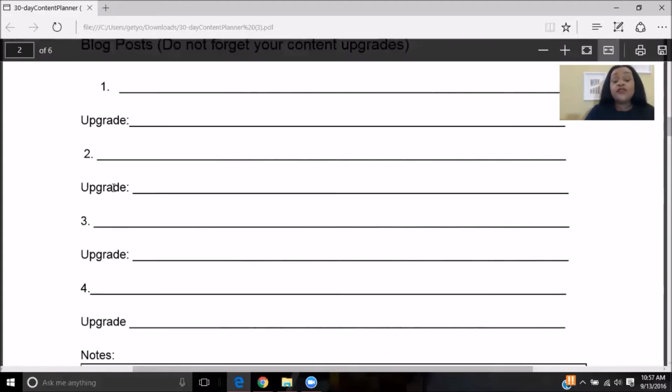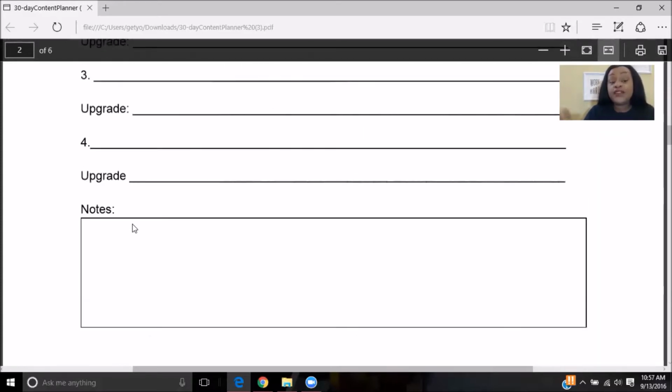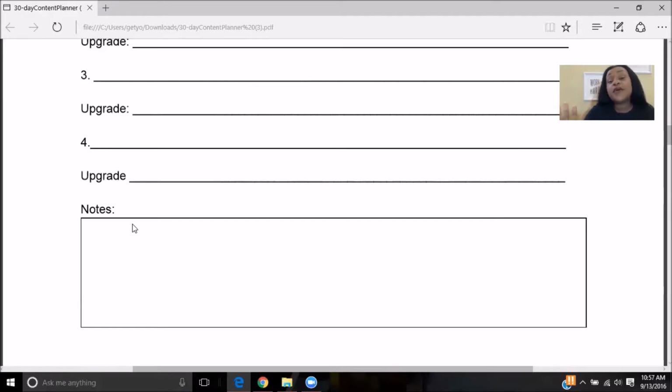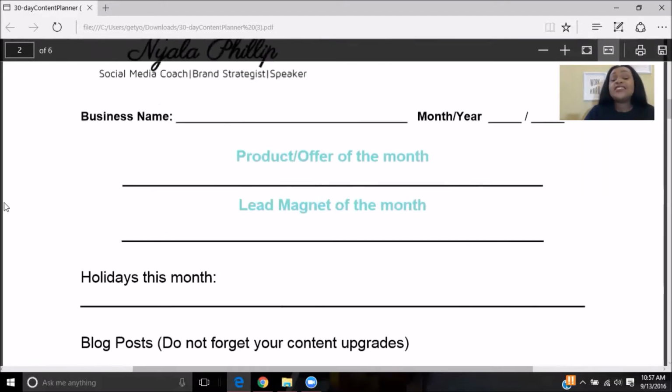You want to start off with 4 blog posts. I left some area here for you to put in notes because it's a big chance that you might do more than 4 for the month, but you should be doing a minimum of 4 blog posts for the month, and you want to put it out every week, all right? And you want to make sure that the 4 titles you come up with are something that's subtitles from the